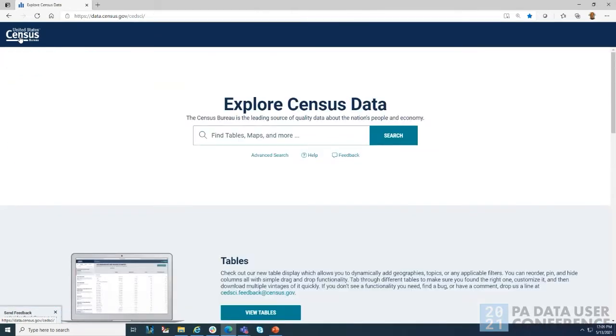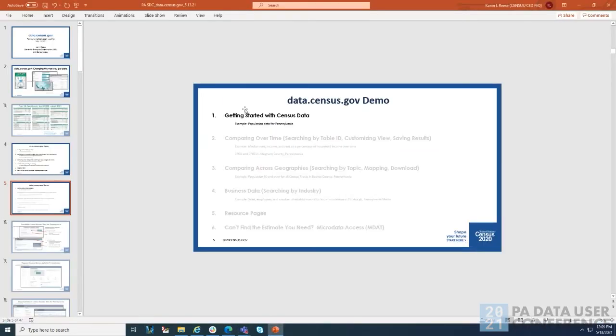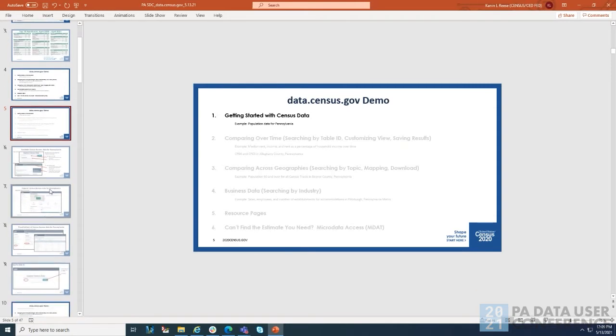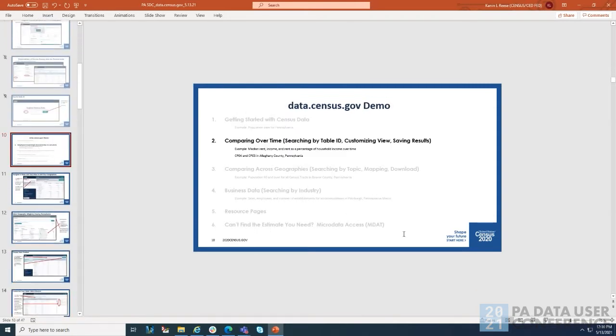All right, so that's a basic walkthrough if you're looking for basic sites. Let me go to the next one, which is comparing over time. Something else that people ask for a lot is when they're looking at maybe one geography, but they want the ability to see not just today, but how this has changed. Has there been any change between years? And this is where the American Community Survey, one of our surveys, has something called comparison profiles.